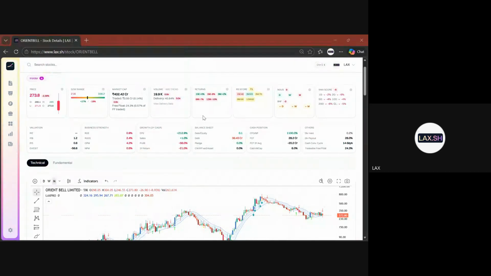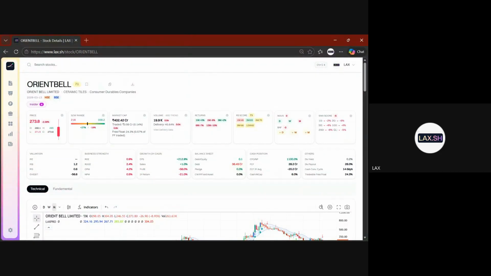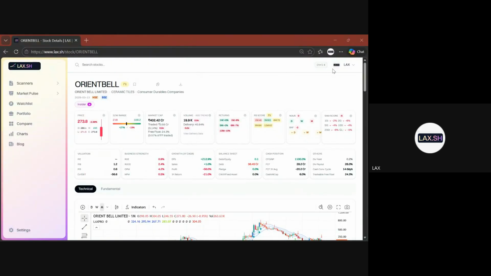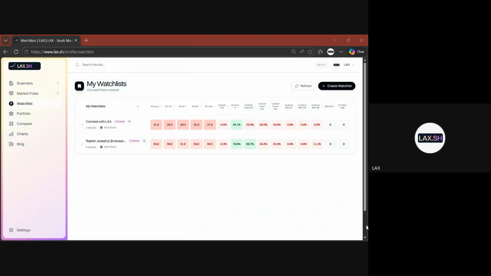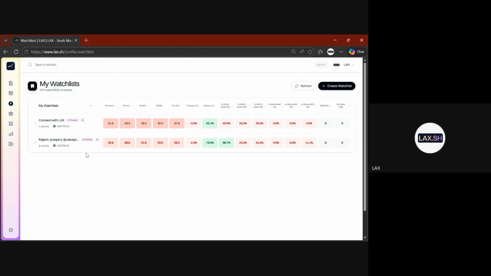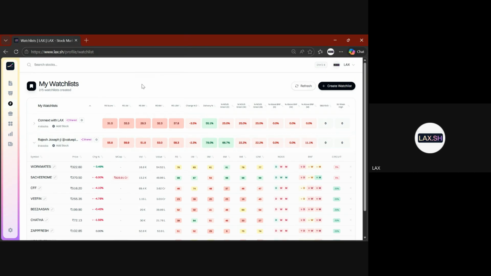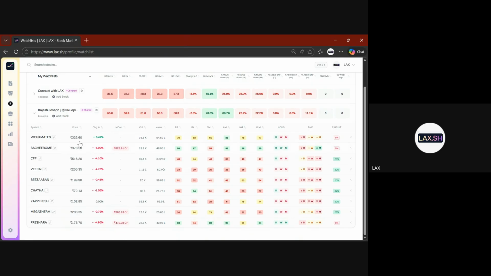All right. Any question about lax, how to use it or anything like that? Please feel free. Otherwise, I'll close this in the next 2 minutes. And we have really nice features. You can just go to the watch list. You can click on insider also, right? Look, insider is buying already there. So connect with Rajesh Joseph ji, you might already have heard his name. Value pick is his handle. He has shared his SMA stocks. All those SMA stocks we added and shared. These are the SMA stocks that he has added.